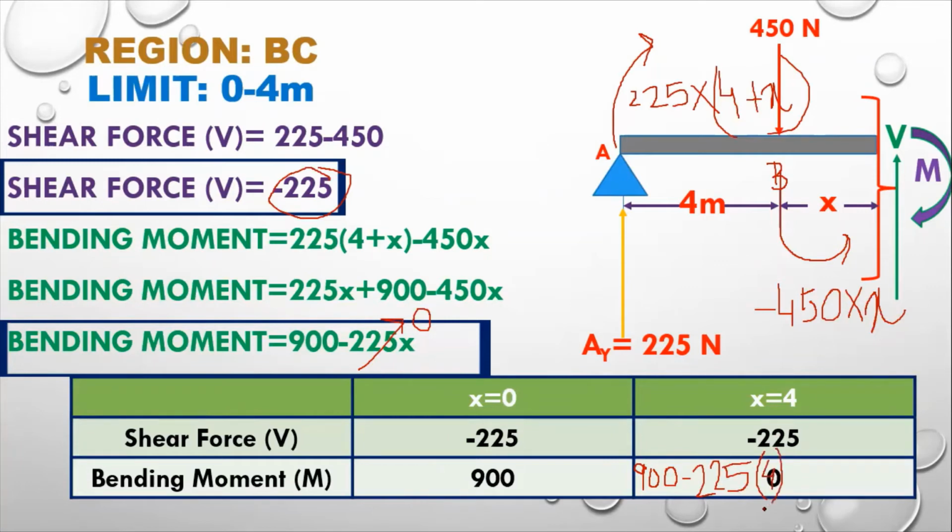So the answer is coming out to be 0. So this is the way to calculate the value, and keep it in mind, the value of the last shear force should be equal to minus 225. So the Cy value, that is the support reaction at point C, is positive 225. Keep it in mind, the value of Cy and the last shear force should be equal to each other, but the sign should be opposite. And why is it so, I will tell you in the next slide.